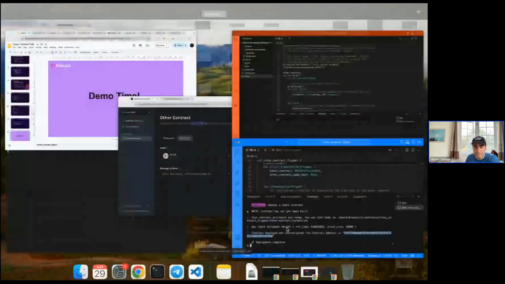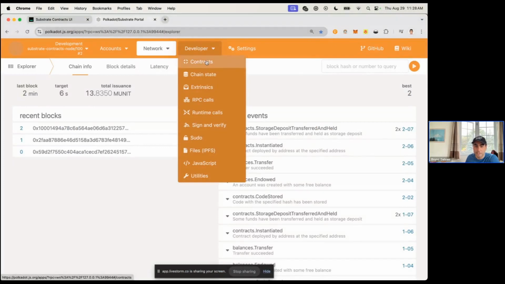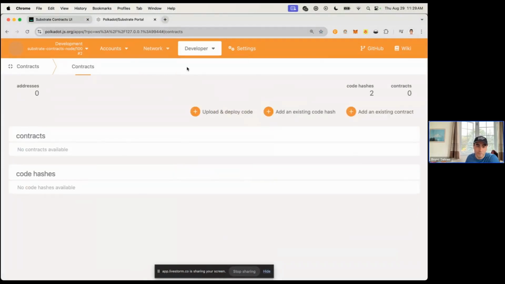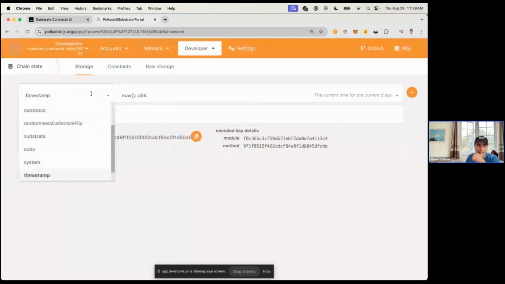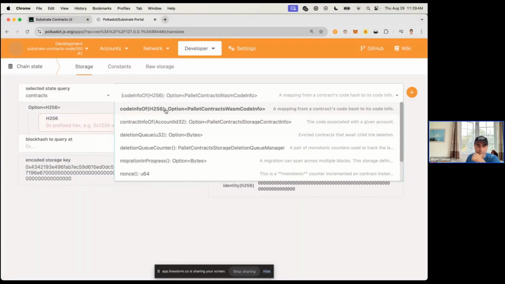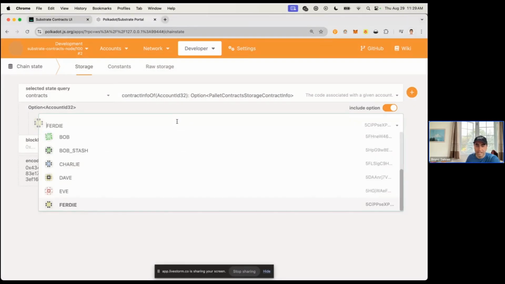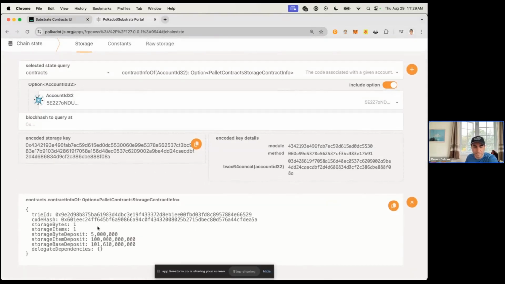Copy it. One way that we can get the code hash is by using the Polkadot.js UI. One way to do it is to go to chain state. We're in the blockchain here, and there's the contracts pallet, and there are different methods here. One of them is contract info of, and we can pass in the contract, the account ID of the other contract, the one that I just uploaded. If I submit that, it gives me the metadata of the contract, one being the code hash. So I'm going to copy that code hash of other contract